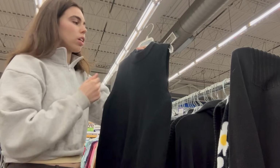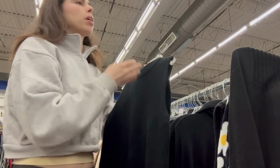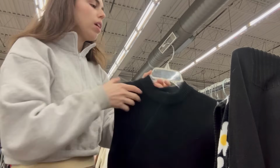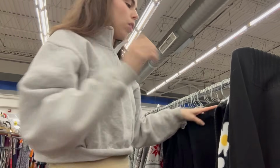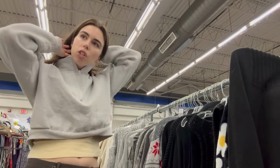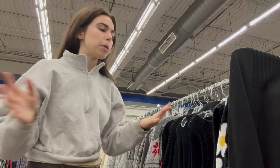This is where I need to start actually tackling my alterations pile so that I'm allowed to buy pieces like this that I would wear if I could alter them. But right now I'm not allowed to because I've made no progress on any of the pieces that I've thrifted recently and have needed to hem or thrift flip or whatever that I just haven't made happen,